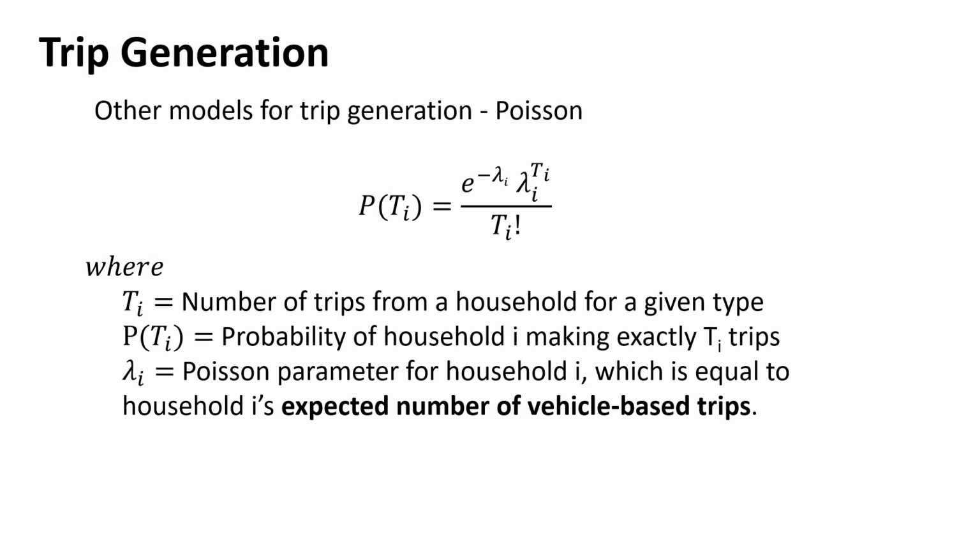The last time we did a linear regression based model for predicting how many trips people were going to take. And the book also has a section on a different method, which is using the Poisson distribution. If you remember, we used this before when we were looking at traffic signals. If we know what the average value is, we can use Poisson to calculate the probability of a number of things happening based off of that average. So if we had an average of 12 cars a minute arriving at a signal, we could predict what's the probability of 0 cars arriving in a minute.